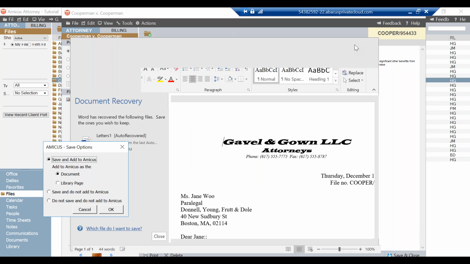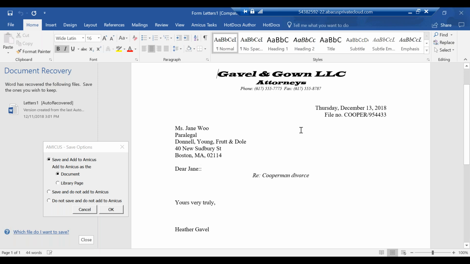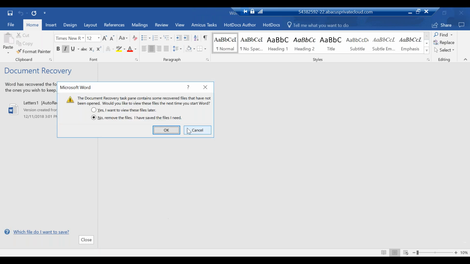Via that template, it has automatically populated all the corresponding information from that template into the form, allowing you to do your due diligence and continue to populate and fill out the form or letter in this instance, and have this information saved directly to Amicus Attorney. You also have the ability